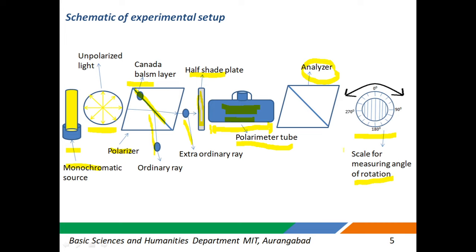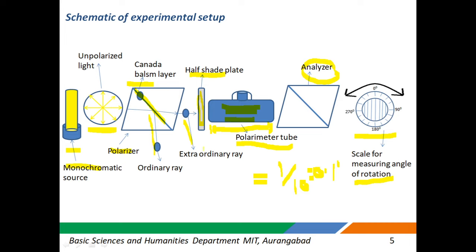So a small question here: if from 0 to 10, 10 to 20, 20 to 30 degrees, we have 10 lines in between, and the total number of divisions on the vernier scale is 10, then what is the least count of such an apparatus? The least count will be equal to 1 degree, the smallest division on the main scale, divided by the total divisions on the vernier scale, which is 10, so it comes out to be 0.1 degree. So the least count of such an instrument will be 0.1 degree.